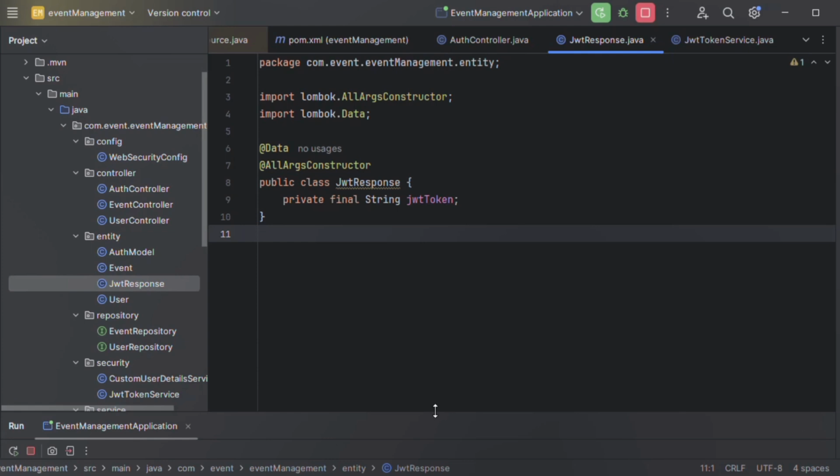I hope all the things are clear to you. If you find it difficult, if you are doing this for the first time, there might be a chance you feel it is difficult, but once you practice, trust me, it will be super easy. And you don't need to remember all the code. I will provide a link in the description. You just need to know the basic steps we have followed, that's fine.